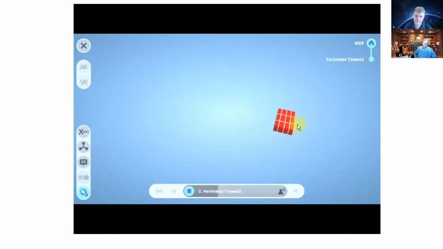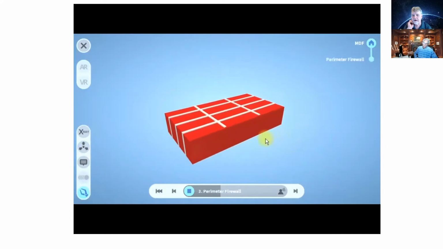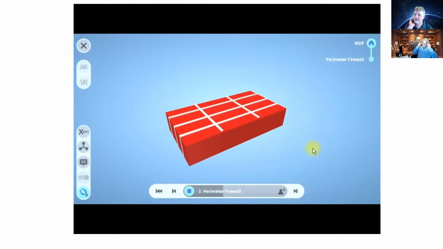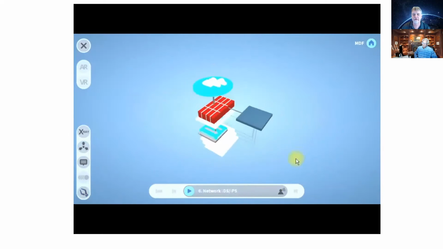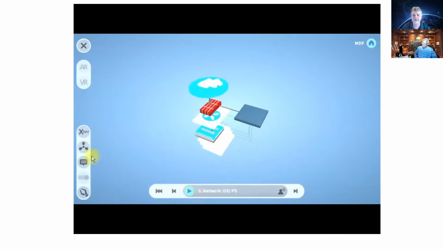Yeah, it gets you a graphical view. You can't look at a perimeter firewall in person, but that object that you see there is just one of the ways that you can help maybe visualize that a little bit more clearly, or at least zoom in your knowledge or your thinking about what you're learning about as you see it in the collection.